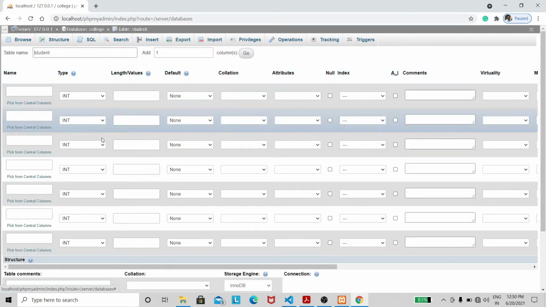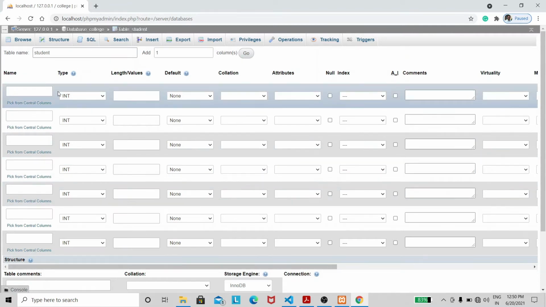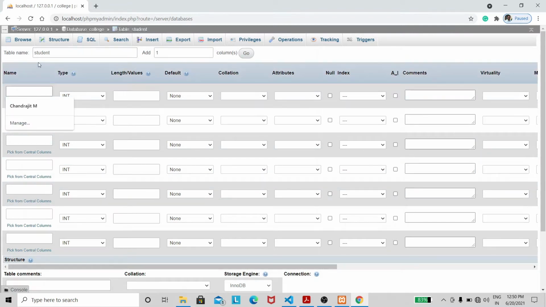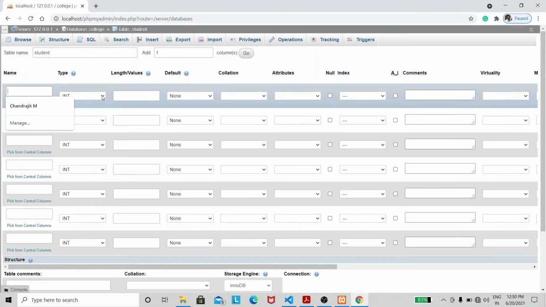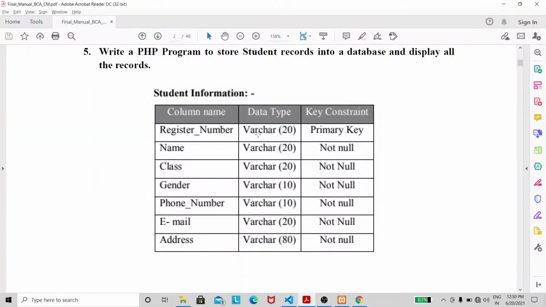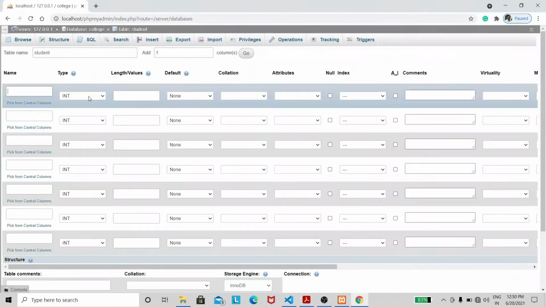Now you have the template to create the database table fields. So here you have to just type the name of the field and specify the data type and specify other attributes for the particular column. So what is the first column? The first column is register number, varchar 20, and it is a primary key. I'm going to name it as register number. Data type I'm going to select as varchar and length is 20.